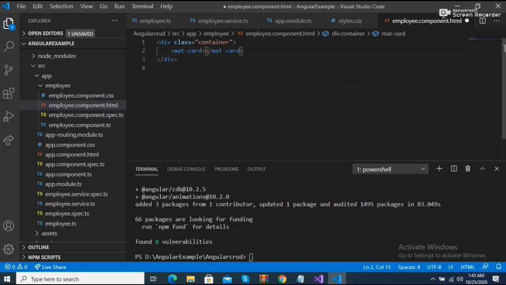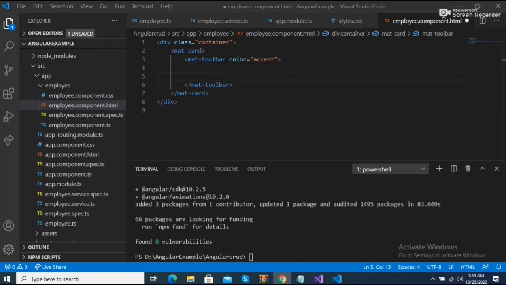In the mat-card, we add the mat-toolbar, and the color should be accent. Now we just add simple HTML code here in the mat-toolbar.